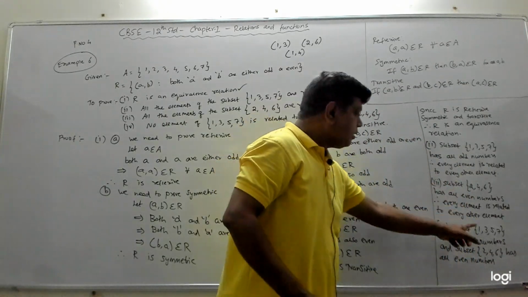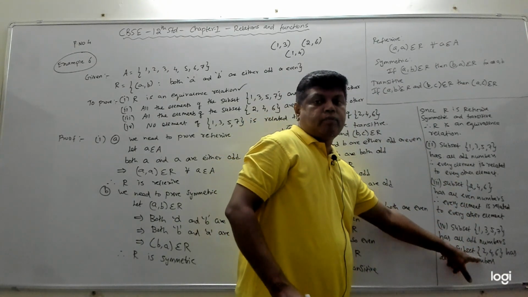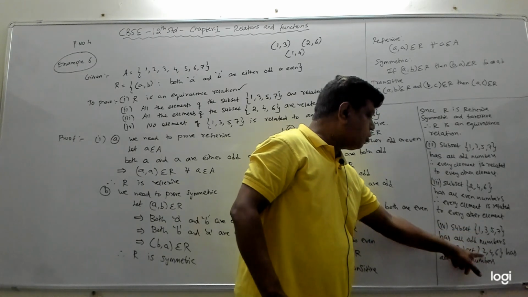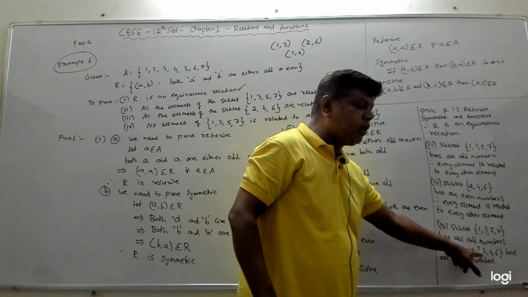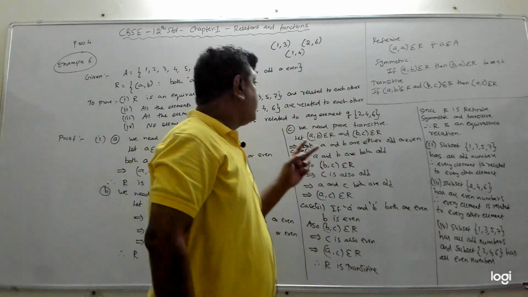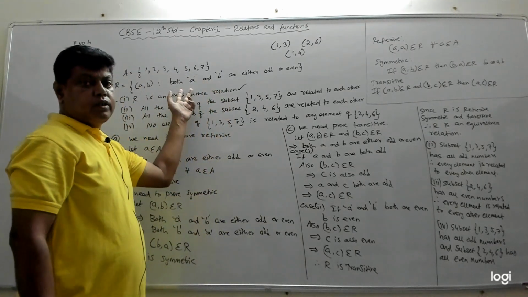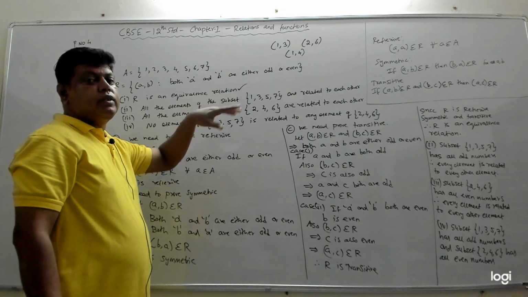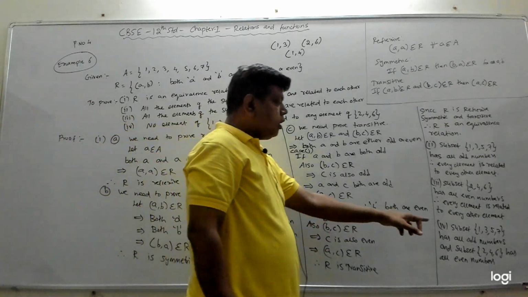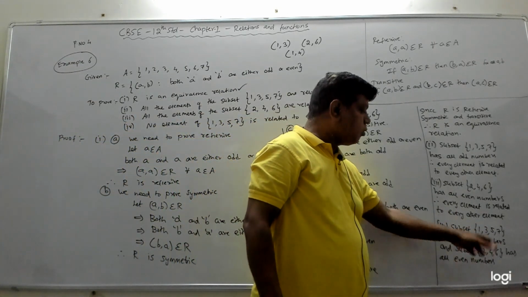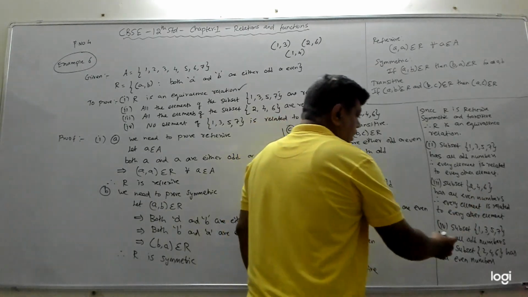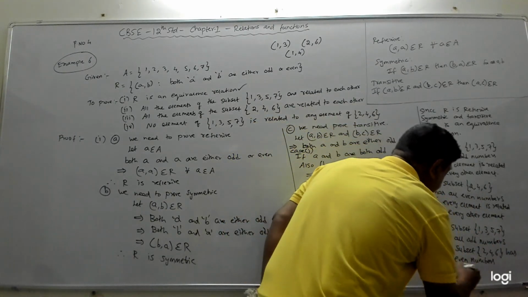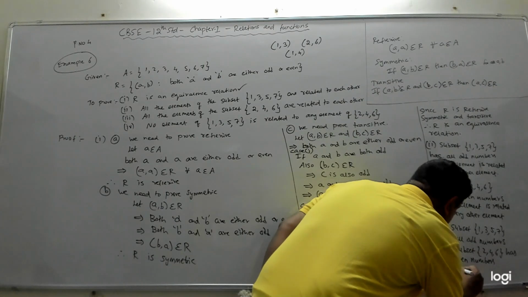Therefore, no number in this will be related to any number in this, because if 1 cannot be related to 2, if you take one number from here and one number from here, 1, 2 will not be in this set, because both 1 and 2 are not both odd or both even. 1 is odd, 2 is even, right? So no element in this set is related to this set or vice versa, right? Because all numbers in this subset are even numbers, therefore no element